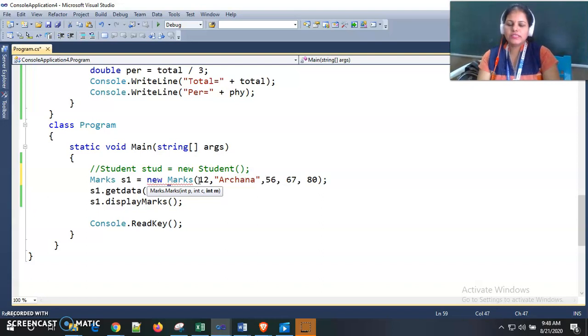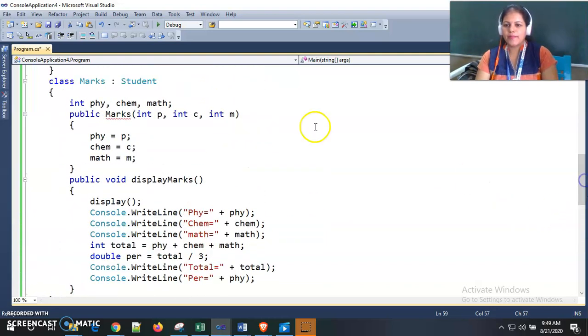Now, these are the parameters for my base constructor, and these are the parameters for my derived class constructor. If I am using 5 parameters here, then inside my definition we need to take 5 parameters.